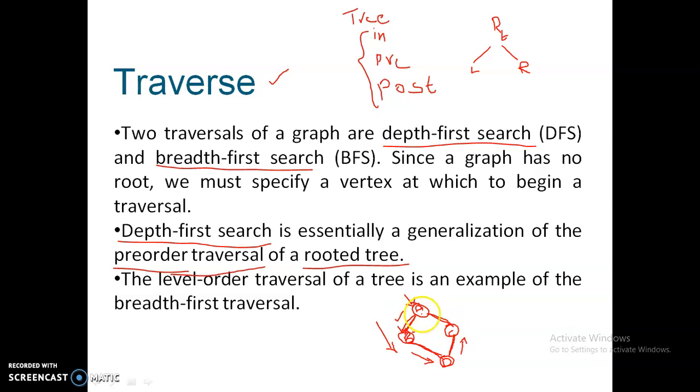This is the ending point: we started from A and ended at the C vertex.